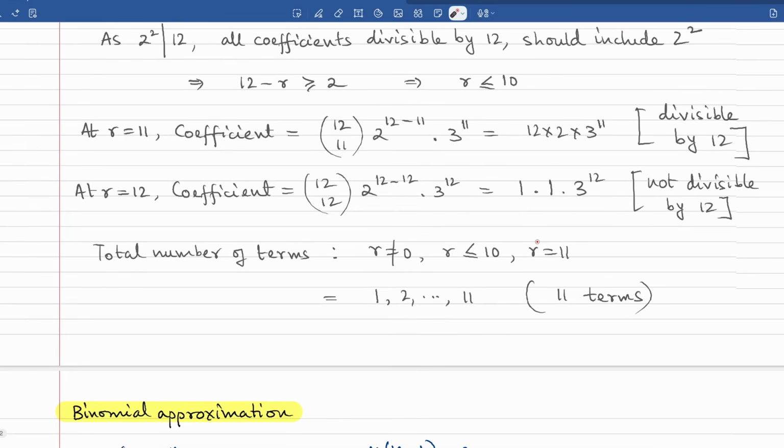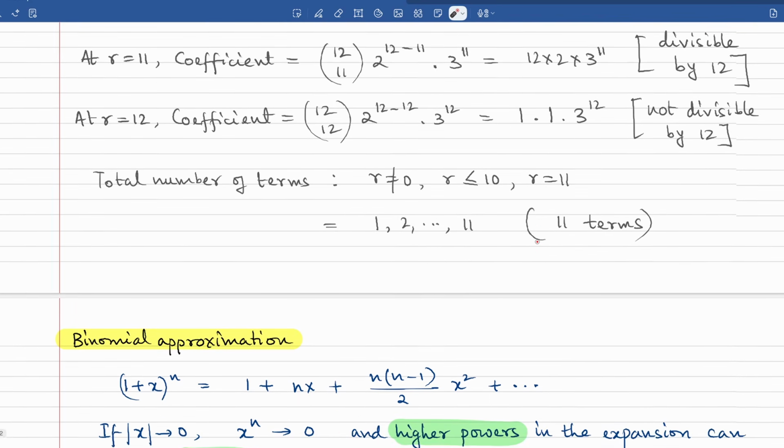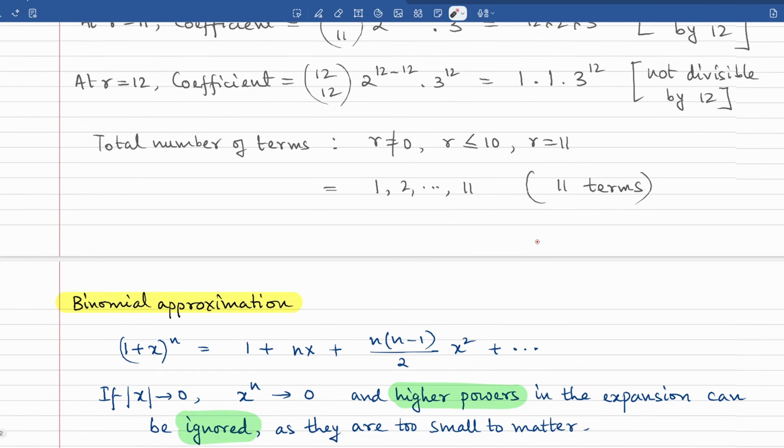Now we move on to binomial approximation. Binomial approximation is extremely useful in the context of compound interest problems, and you can shorten the calculations by quite a bit. So why do we use binomial approximation? That is because sometimes physical quantities are too small to be raised to higher powers. So if you're looking at something like 1.005, I can write that as (1 + 0.005)^n, and if I expand it, I'll get